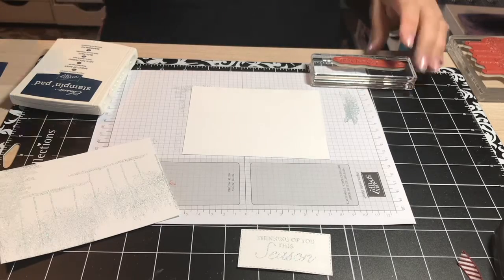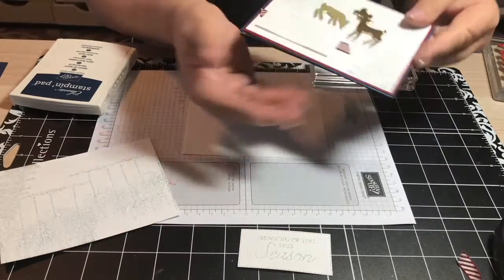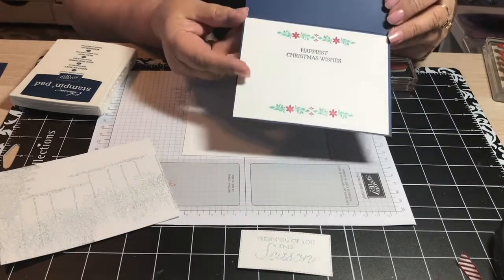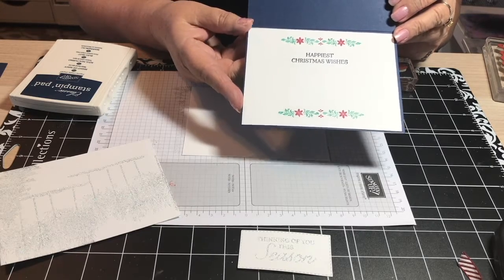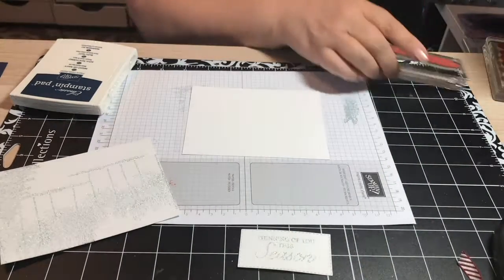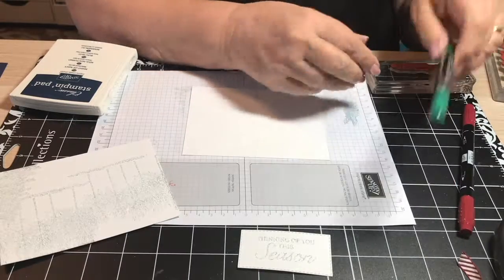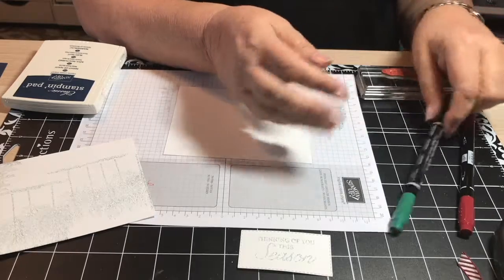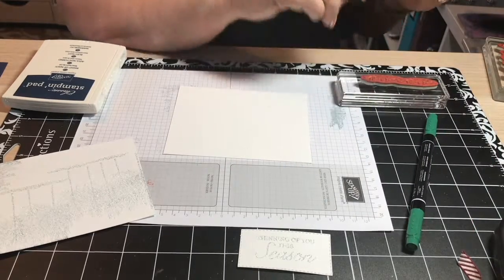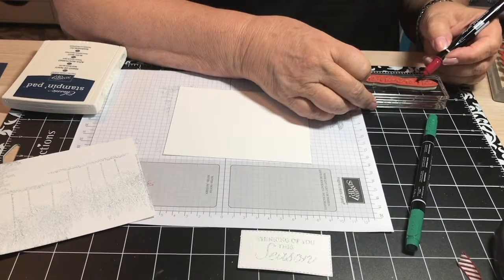So the way I did the inside of my card, let's look back at the card real quick. The inside of the card has the poinsettias and leaves and Happiest Christmas Wishes. And so the way I did that was by using my Write markers, the Cherry Cobbler and these, what is that called? Shaded Spruce. I wanted to call it Spiced Spruce, and I knew that wasn't right. Okay, so you just color right on the